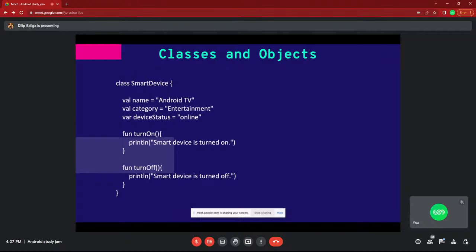For example, in Kotlin, how do I create a class? In OOPs, in C++ also, you people have already gone through it. You use the class keyword, followed by the class name. Here is one more suggestion: don't give class names or member names like a, b, c, d. Class A, class B, class C, class D, don't give that. It is totally wrong.